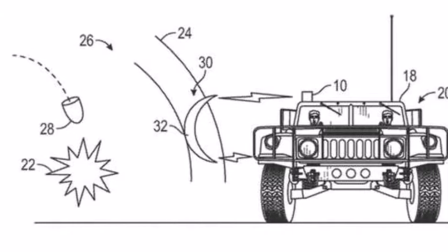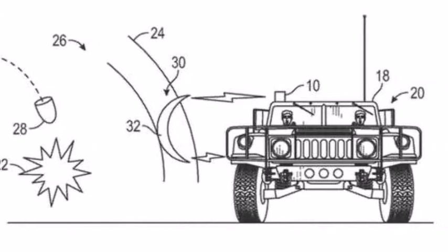So how exactly does it work? Well, the concept uses a sensor to detect explosions. It can detect the time and the direction from which the explosion is coming from. Once an explosion is detected, the sensor triggers a laser which heats up the air or water around whatever the sensor is mounted on. This creates a plasma shield. Now, the plasma shield will be denser than normal air, and the plasma's temperature and density will help deflect and